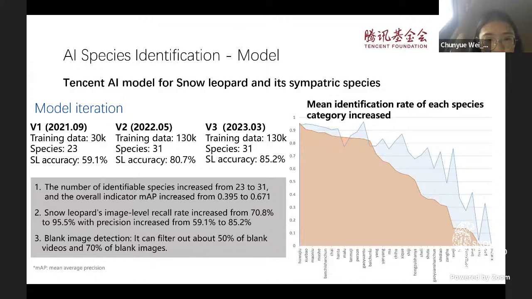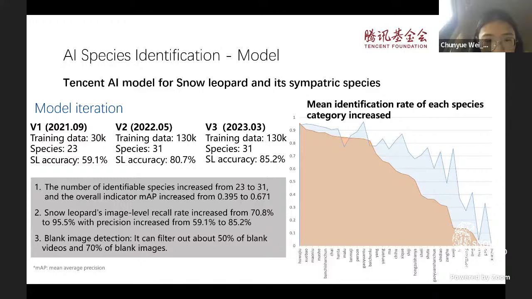And the recall rate of snow leopards, which means the actual snow leopard images that are classified as snow leopards, has increased to 95%, and it also has the function of blank image detection,